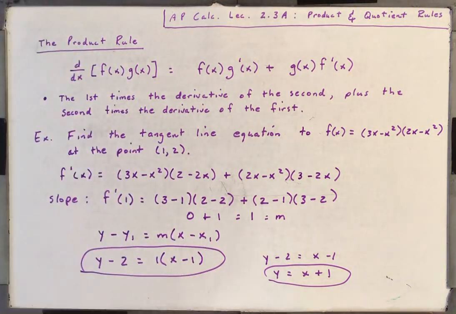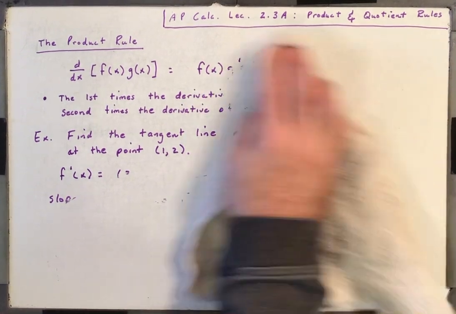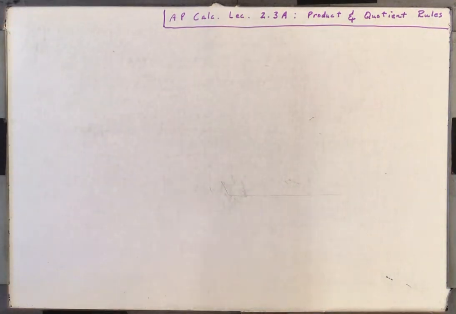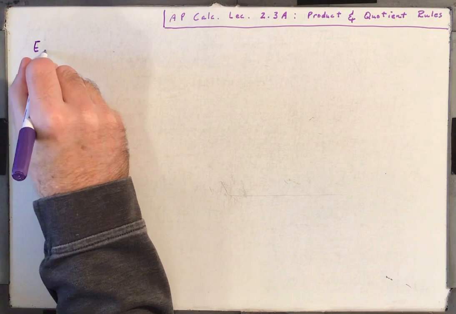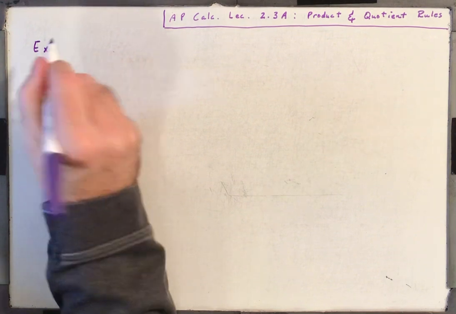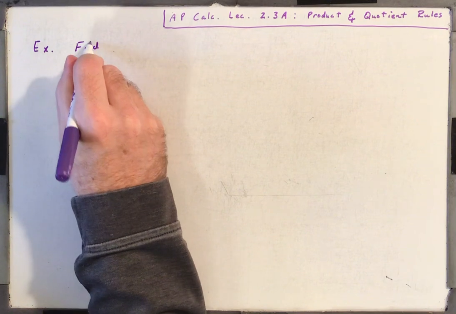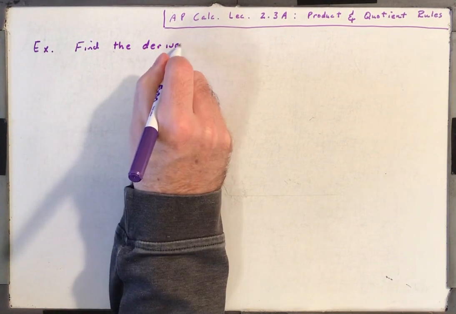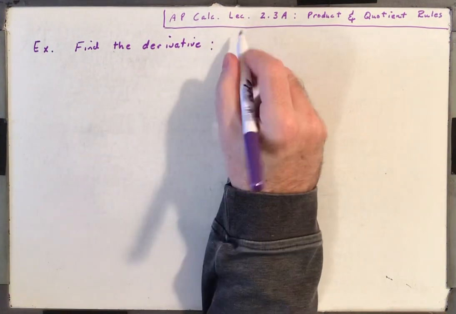All right, great. Okay, let's see, erase the whole thing here. Do a couple more examples of the product rule and then move on to the quotient rule. All right, so we want to find the derivative of h of x